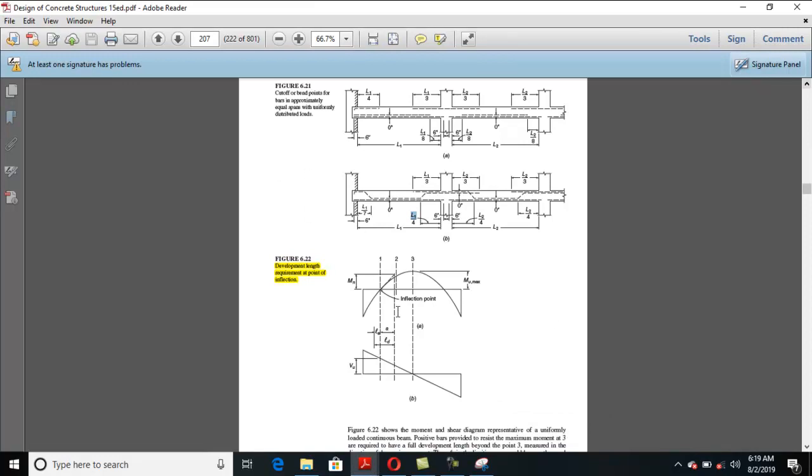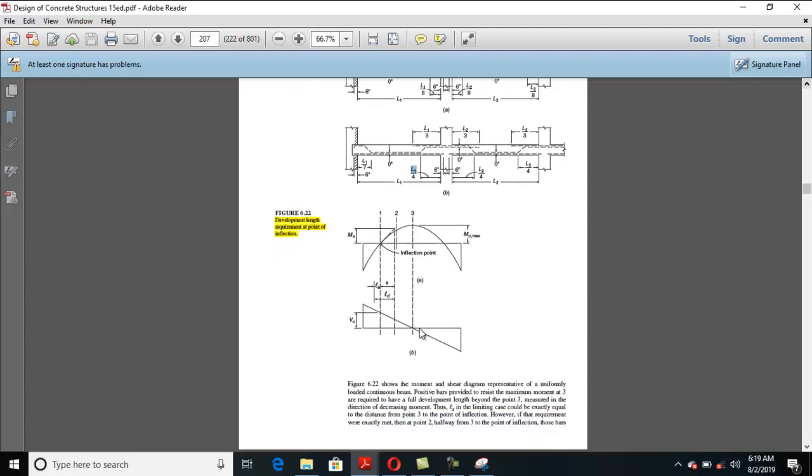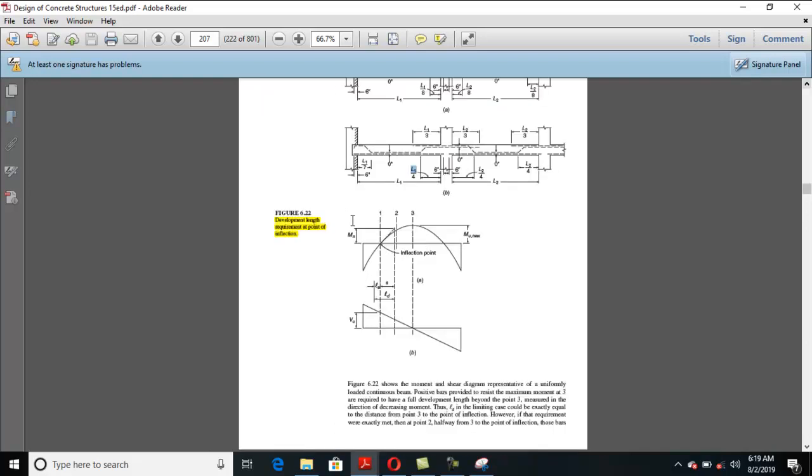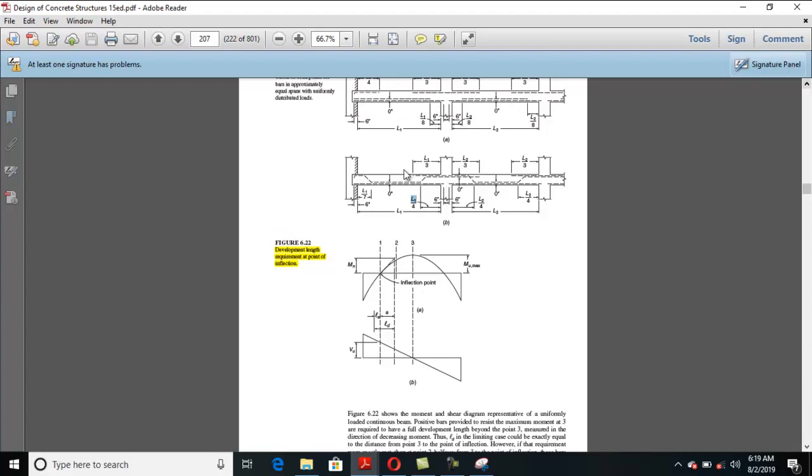Basically, this is a very useful diagram. In this diagram, there is very important information. I would like to stop this lecture up to this point, because from this point, this is a new topic. This is a new topic because this is the point of inflection, and now at the point of inflection you need to provide some sort of special arrangement. So we will discuss it in